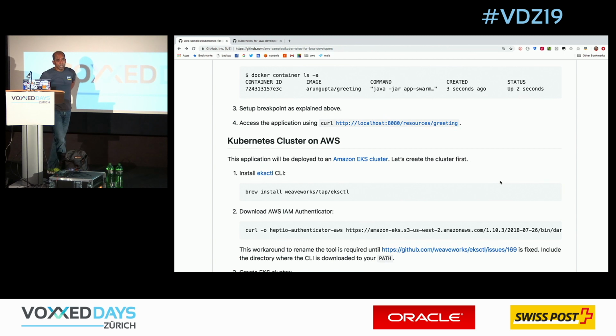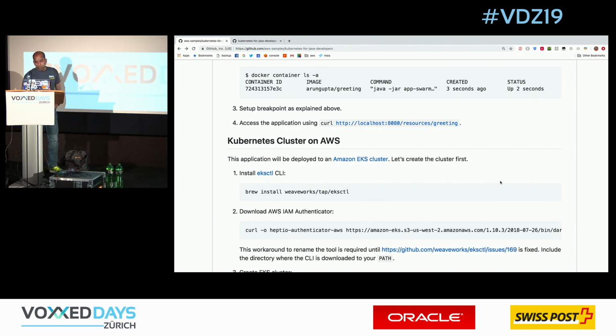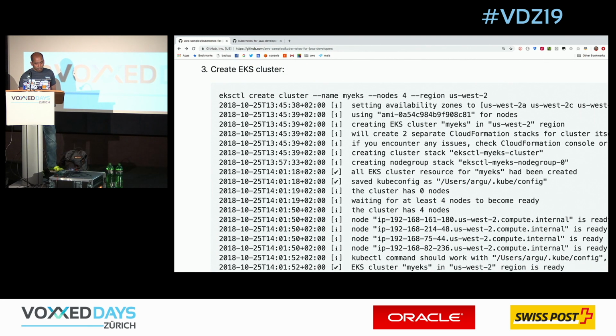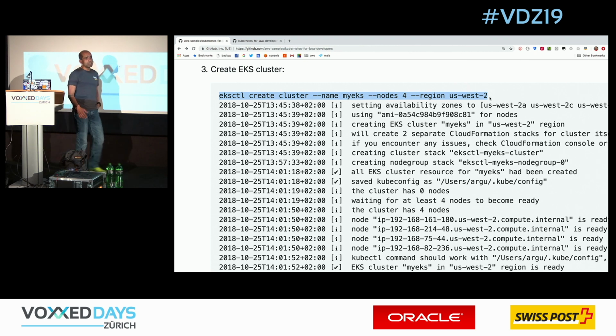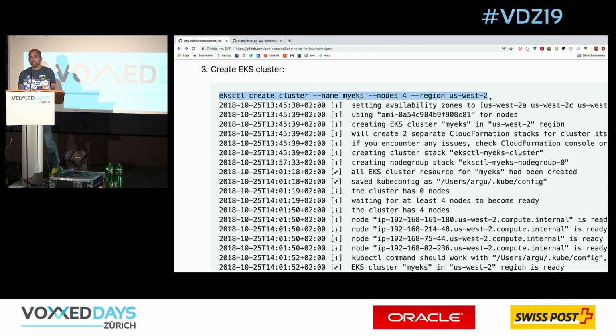Or, Weaveworks is a great partner of AWS, and they created this open source CLI called eksctl, very much like kubectl. So literally, you brew install it, and with a single command, you can say eksctl create cluster, specify the region and the number of nodes that you want, and that's it. If you give that single command, it builds the entire EKS cluster for you. It uses CloudFormation at the back end and all that magic, but at the end of the day, in a few minutes, you basically get your EKS cluster ready to go.